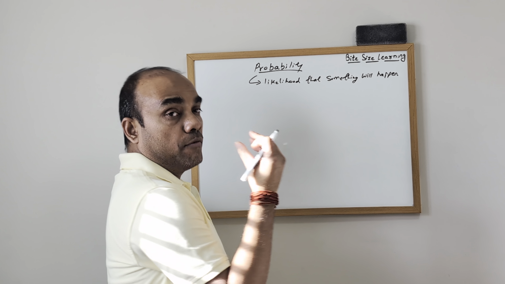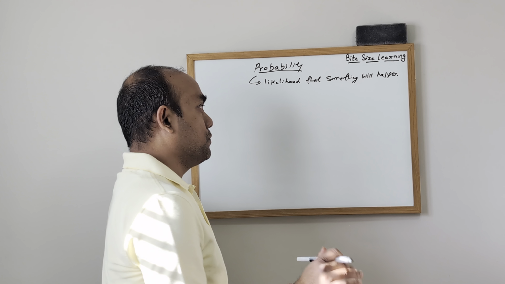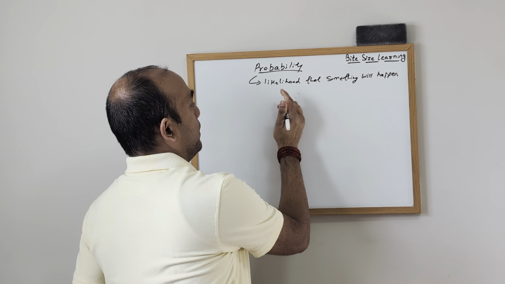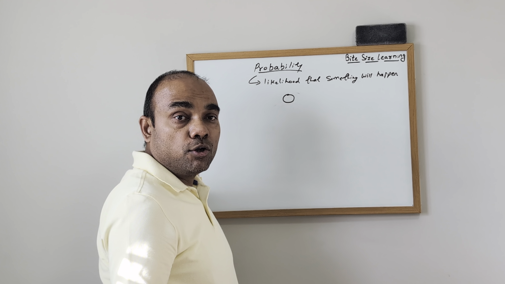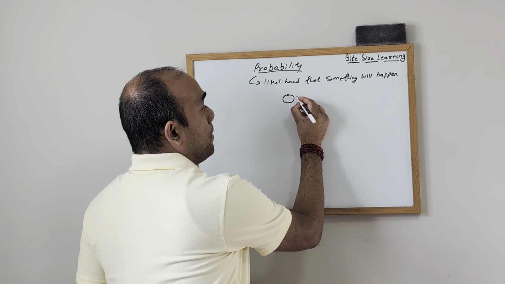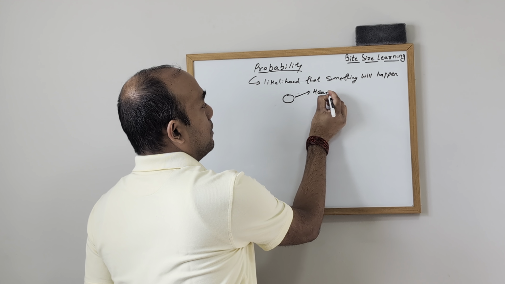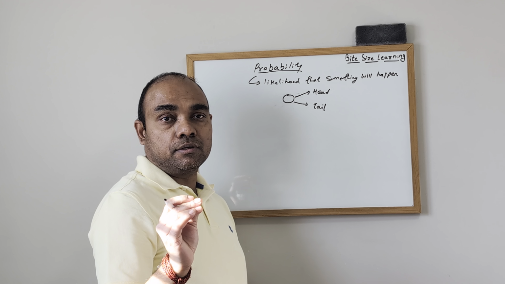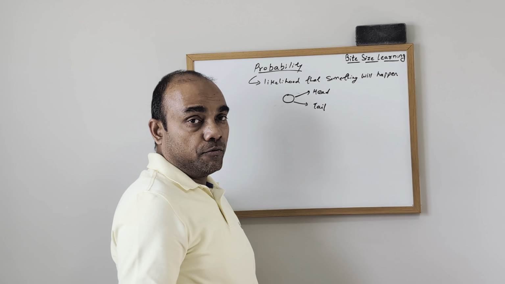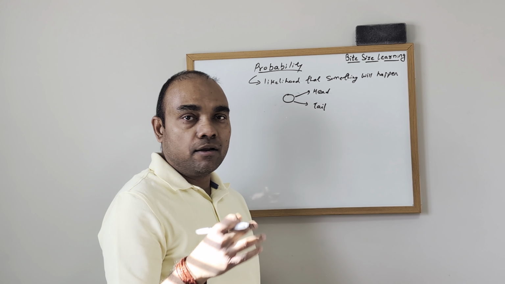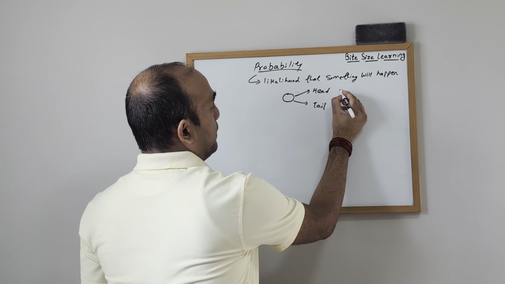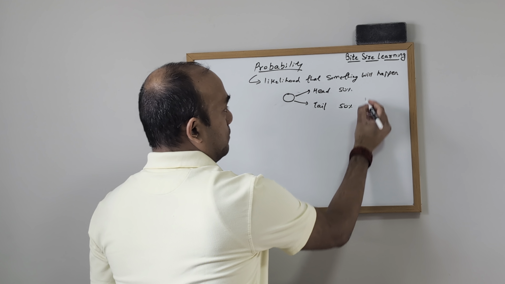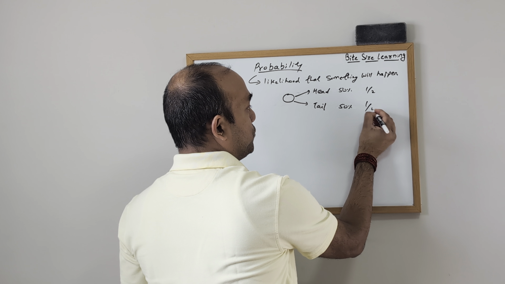Right. So let's say you have a coin. The simplest example which we always take in terms of probability is, let's say you have a coin, right, and you are tossing the coin. So the probability that you will get a head or a tail is 50%, right. If you toss the coin, you may either get head or tail. So the probability of getting head is 50%, and the probability of getting tail is 50%, which is like half of the chances,